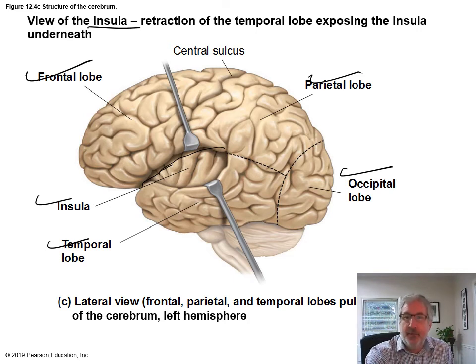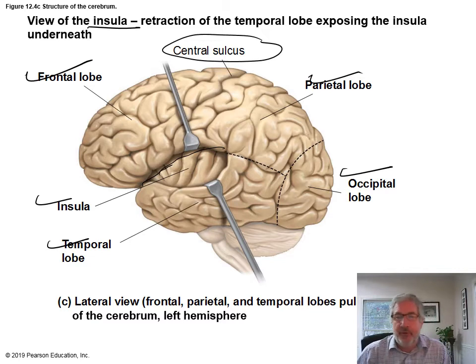And let's see, here's your central sulcus again. So you can notice that groove going down the middle here of the brain. And the central sulcus, so you notice the frontal lobe and parietal lobe. If you remember your bones, your frontal bone stopped about right here on top of your head. If you turn, I guess it turns a little sideways. So it's like about here. The central sulcus is back a little bit farther. So your parietal lobe is not exactly with the parietal bone, but it's mostly in that area.